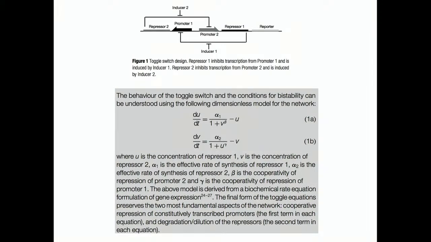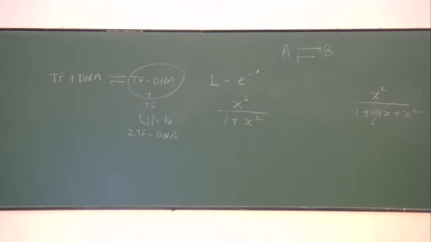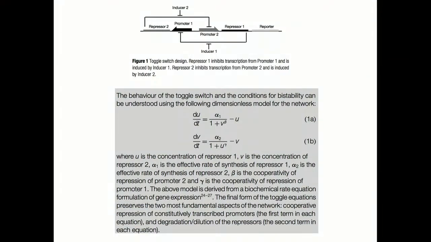So what they did is they made this structure, which is basically the same as what I just wrote here, and it's just written in a more complicated form. And they wrote down this set of reactions. So again, U and V are A and B. Alpha is some production rate. And again, you have this nonlinearity here. And so this is the rate of production.